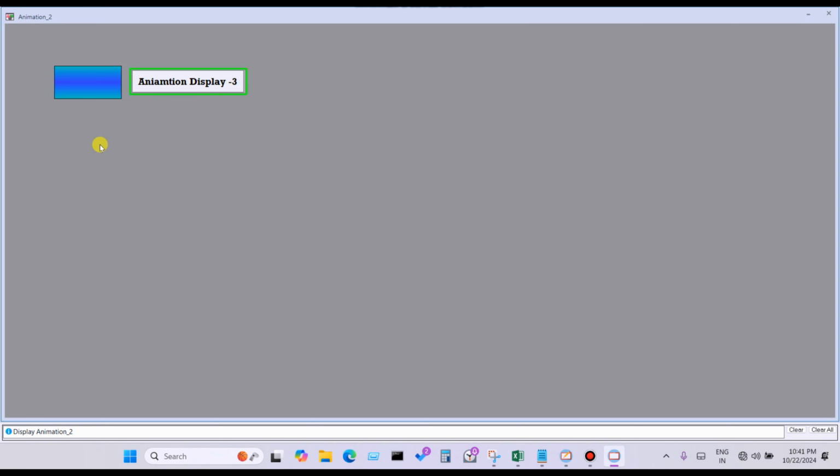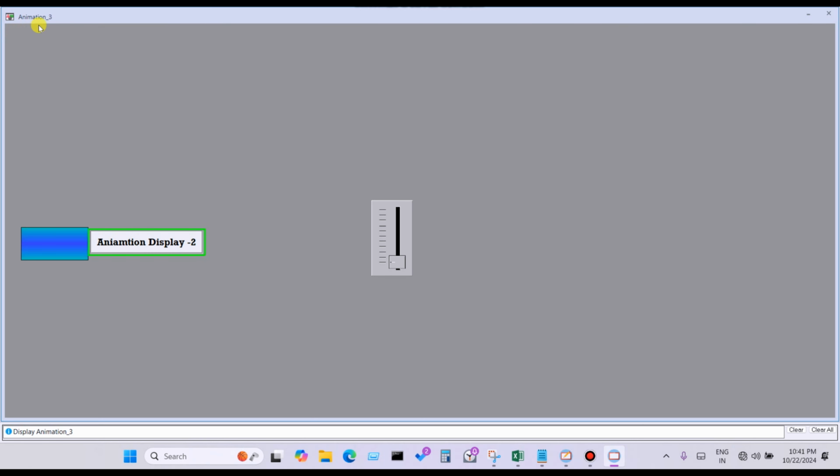When you click on the rectangle, you can see on rectangle touch the animation 3 display